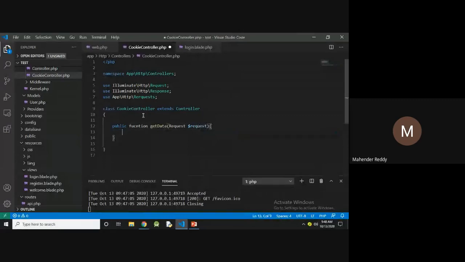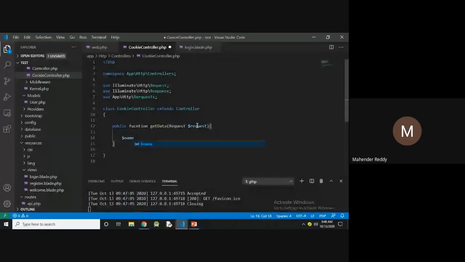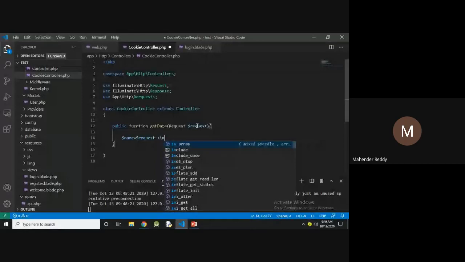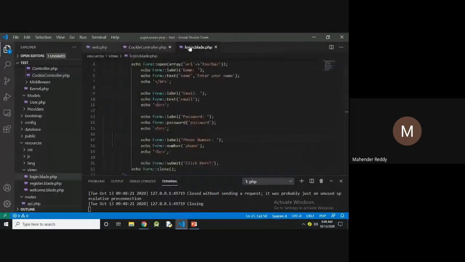Here I'm going to use the instance of the request. I already created the instance of the request as $request. With the help of $request, $name is equal to $request->input, the input method to get the data, and here we use name, email, password, and phone.